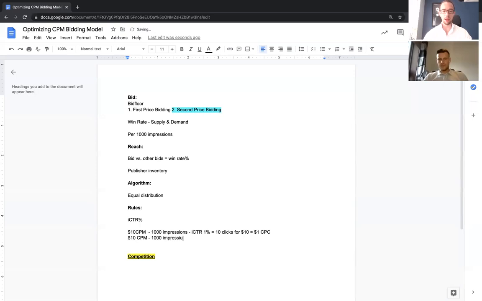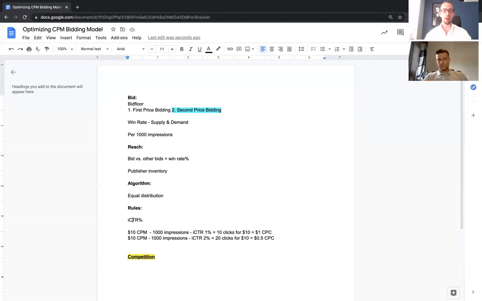Impressions. Now in this example, however, I have an iCTR of 2%. So that means I get 20 clicks for $10. My CPC goes down by half to 50 cents, which means I have a lot more room to scale and to potentially up the bid. So the dominant factor over CPM bidding model and the biggest part of your optimization process